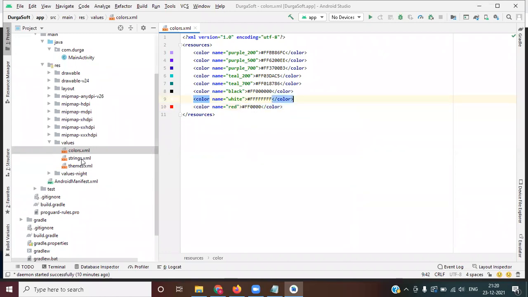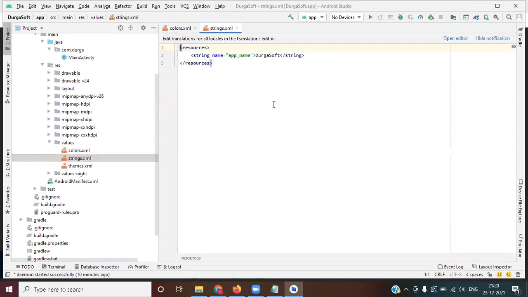Same like that, for any string you would like to display, such as please enter username, please enter password, this kind of message you want to convey, you can write directly here. Button name, button title, like that.